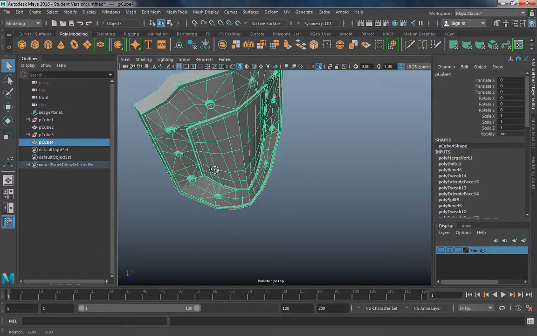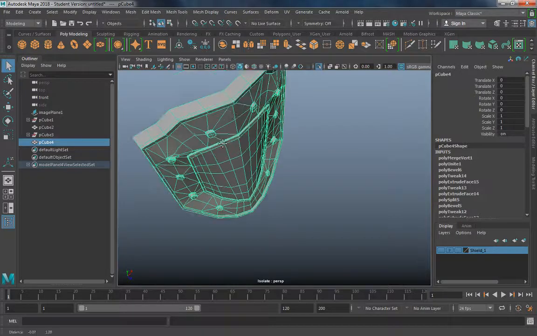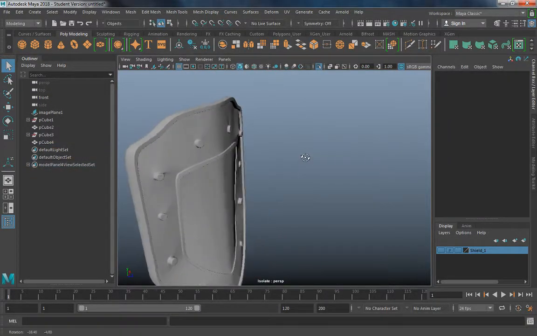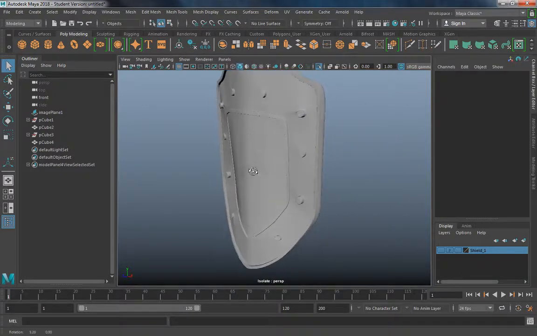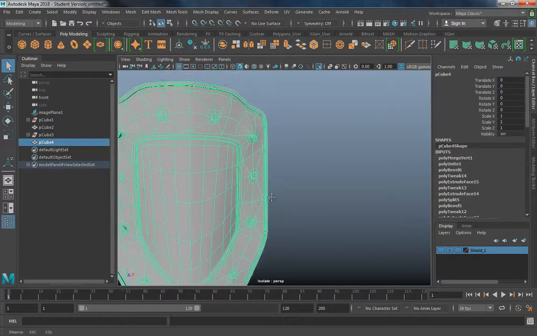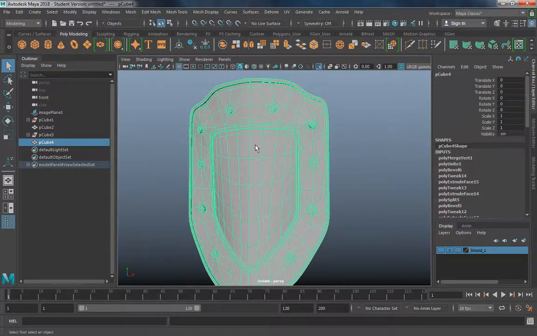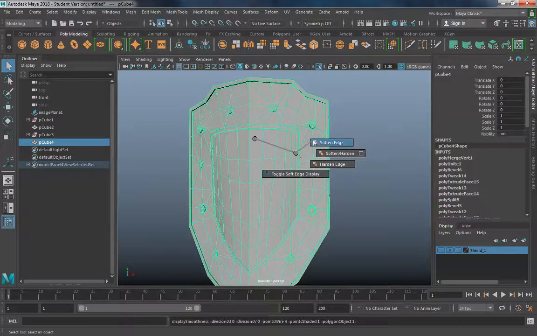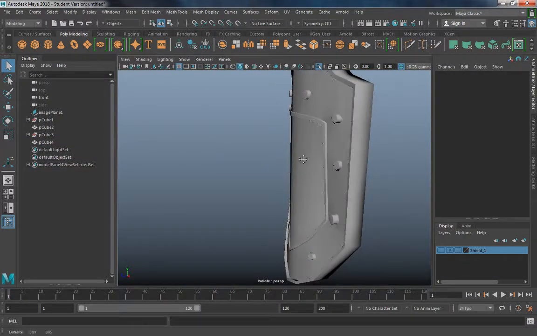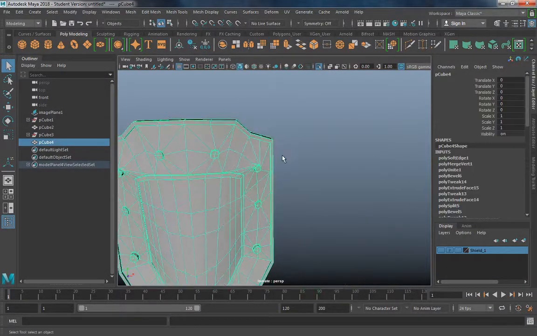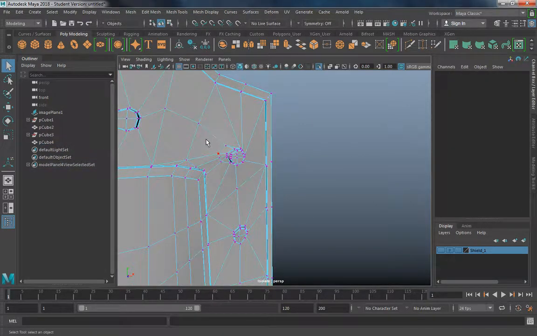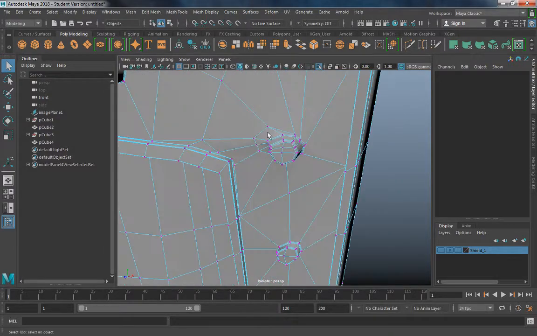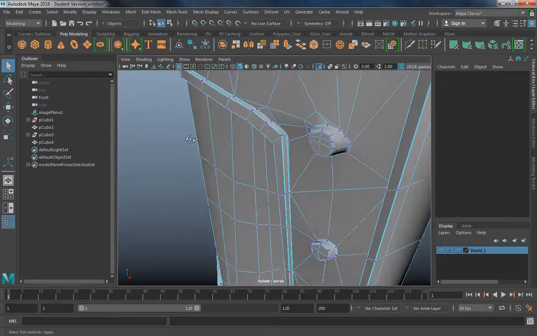Anyway, so now that I've got that all set, I'm going to hold shift one more time on object, and I'm going to double check to make sure. Yeah, and there's no hard pinch in the middle. That's how I know that it's one solid object. What I'm going to do from here is I'm going to hold Shift, right click, I'm going to go to Soften Edge, and now your object should be a lot softer. Some of these other regions where we have these sort of weird pinching spots, if you mess with the topology enough, it will